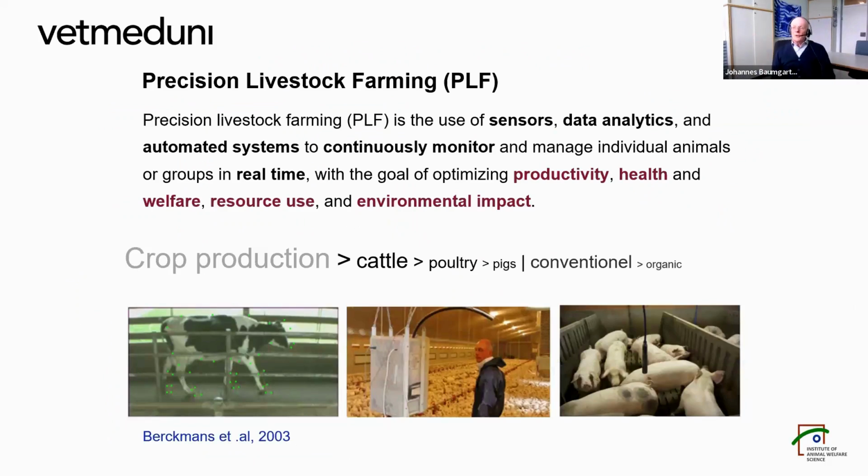I think it is clear to you how the term precision livestock farming is defined: the use of sensors and analysis of data with automated systems that allows continuous monitoring of the animals in real time, with the goal to optimize production, that means economy, but also health and welfare of the animals, and to have a